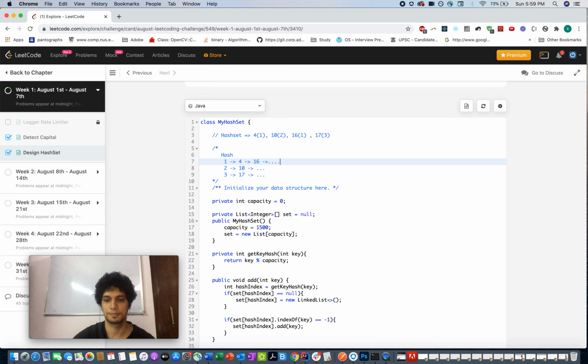Hence, the worst case time complexity of this approach is order of n, while our previous approach had a time complexity of order of 1, whereas the space complexity was pretty high. So it's a trade-off wherein you are optimizing on space and compromising on time in the second approach, while it's the opposite in the first one, where you're not ready to compromise on time and you compromised on space.